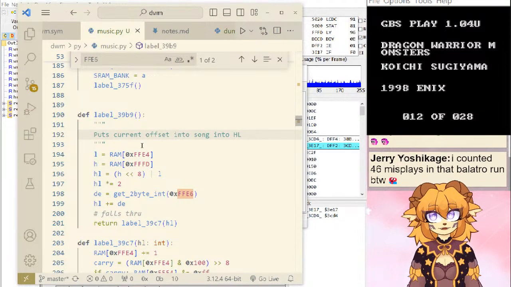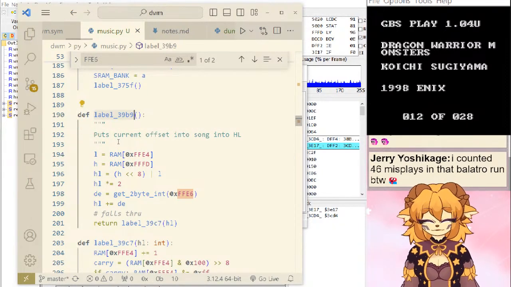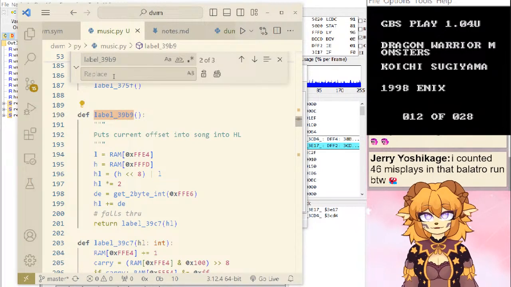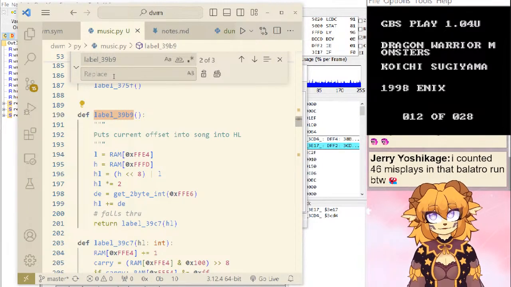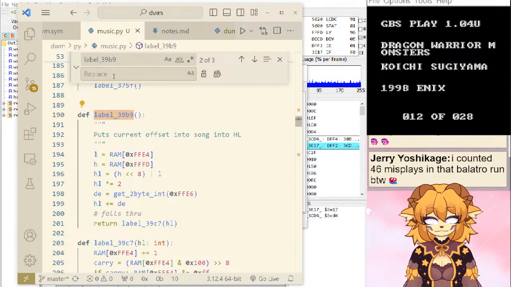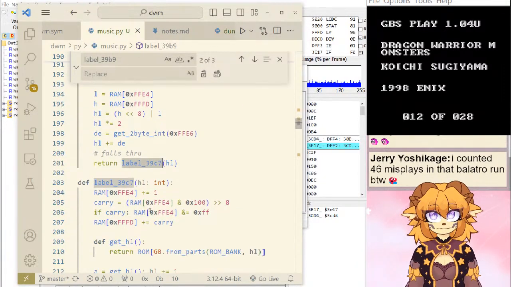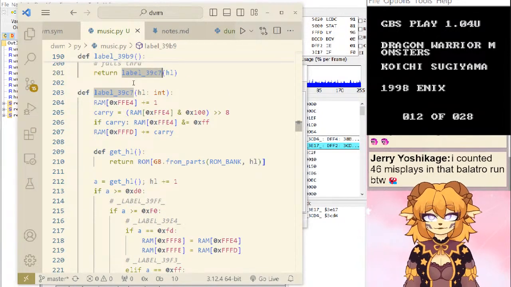Should probably just rename the function, but I don't know if I want to use that label. I guess I will. I always slightly regret it, but it's probably a good idea. And I don't know what this function does yet, and it's kind of part of it. Yeah, let's wait, at least until I know what this does.